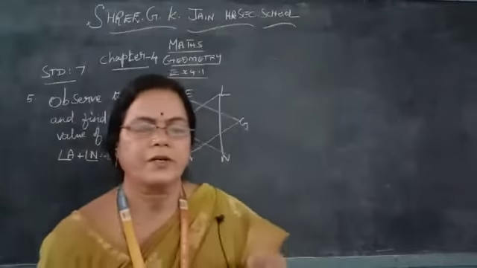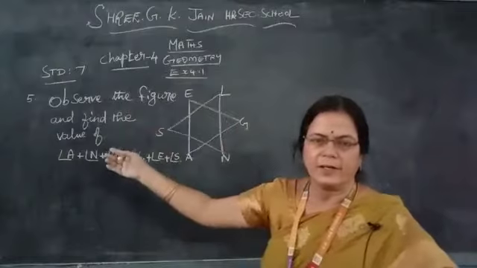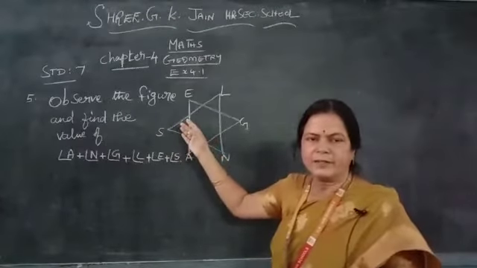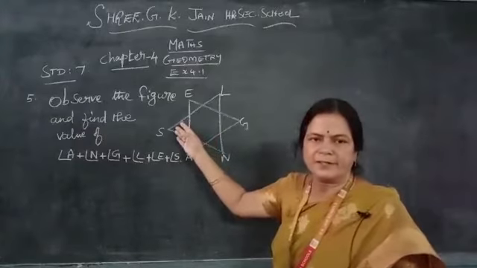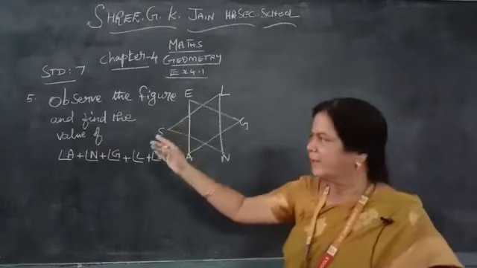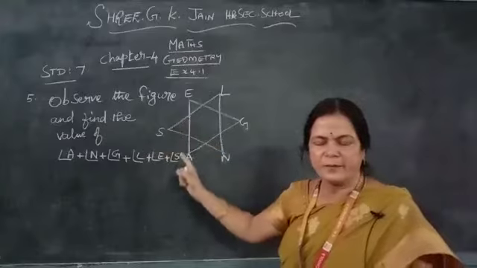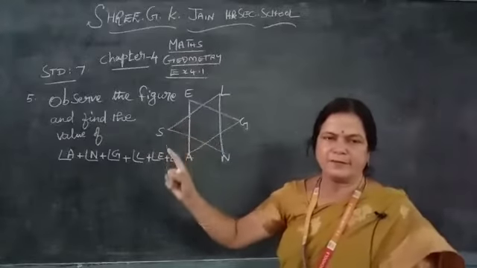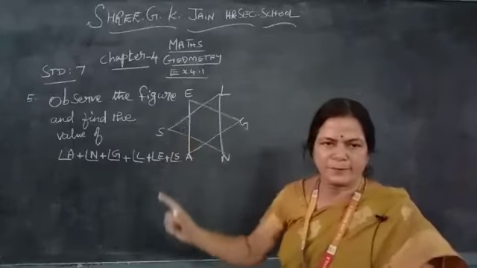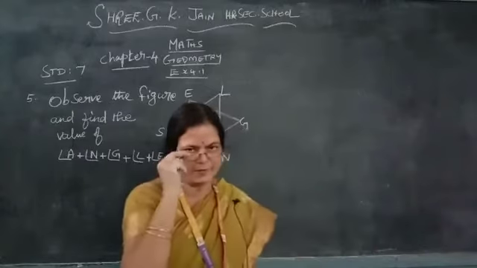Okay, students, we are going to see the fifth question. Such a nice one. You have seen at the entrance of the house they put this column, a very familiar diagram, isn't it? Observe the figure and find the value. On looking at this column, you must remember the value of all the triangles. Such an interesting diagram. We will do the sum now.